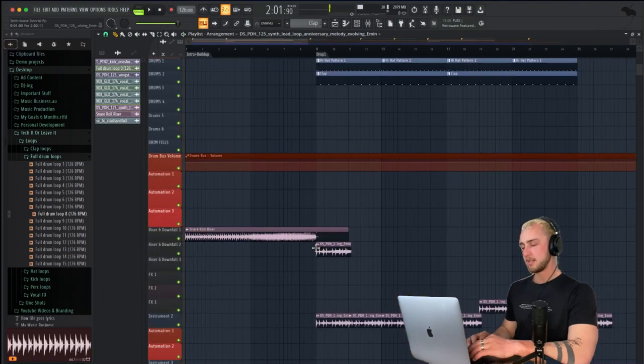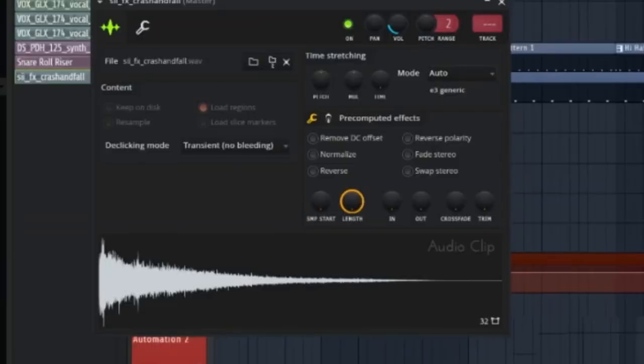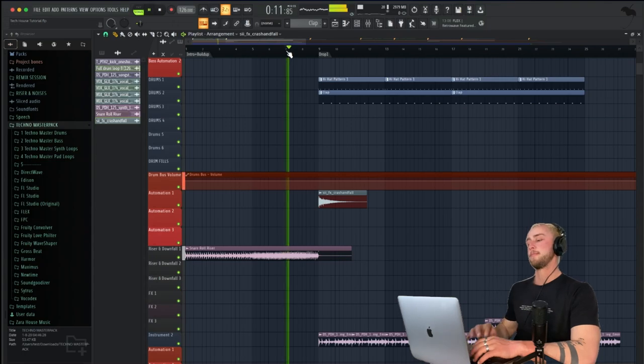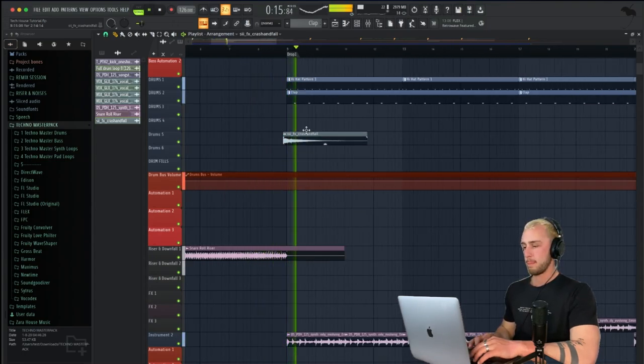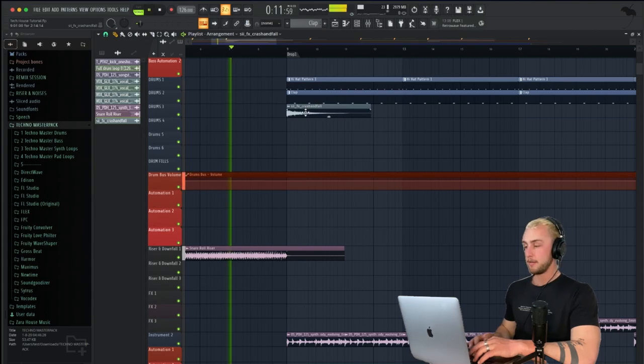Now we want to also add some sort of crash at the drop, because we want to basically create this massive impact when the drop happens. Listen to this one. Without it,